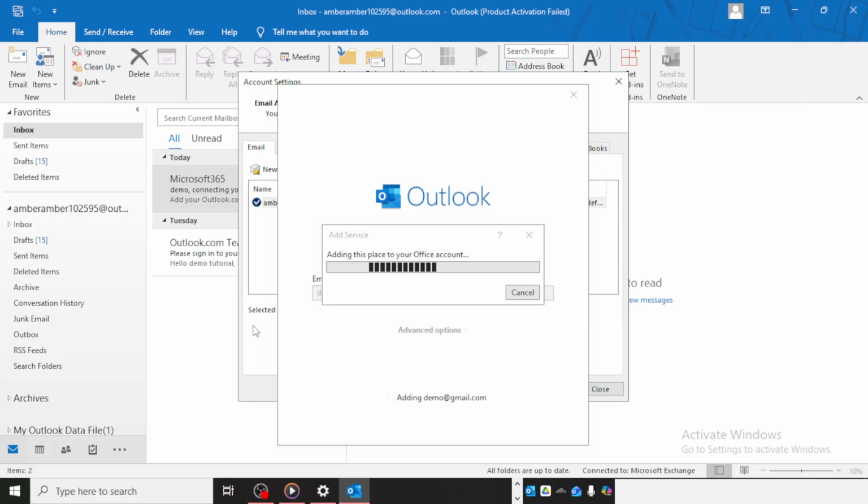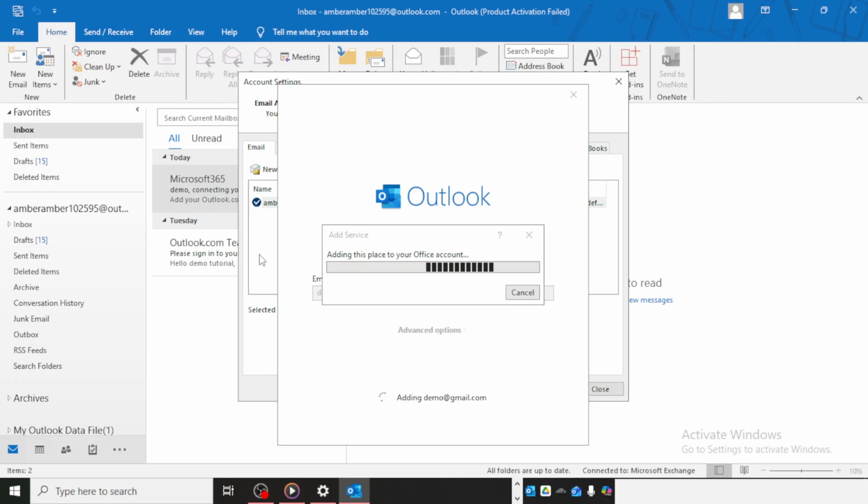If instead you want to remove an account from Outlook, return to the same Account Settings window. In the list of accounts, click on the specific account you want to remove. Be sure you select the correct one before continuing, especially if you manage more than one email account in Outlook. After selecting it, click Remove.